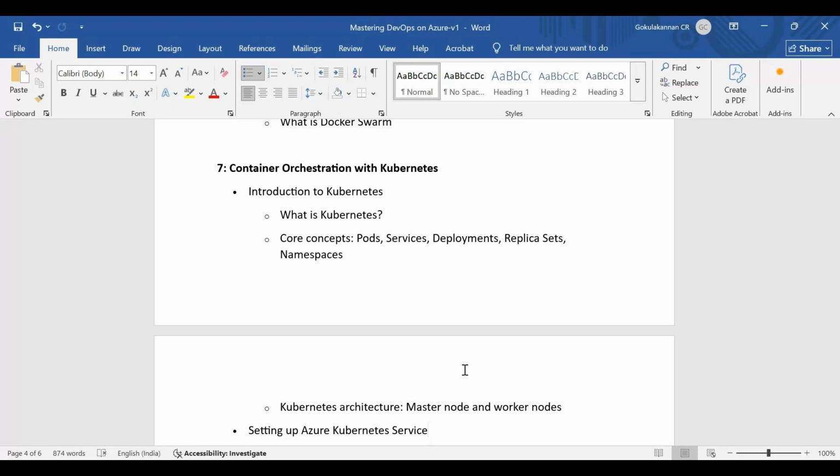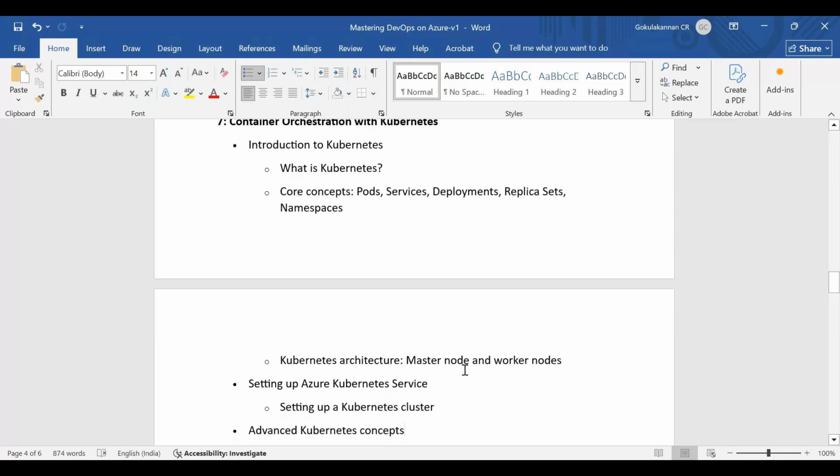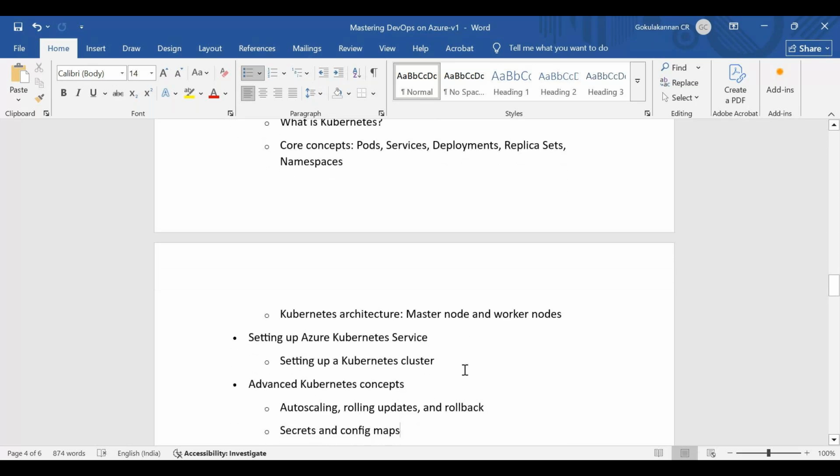I'll be explaining the architecture of Kubernetes, how the communication happens, and what the role of each and every block in Kubernetes is. Those we will be discussing. Azure Kubernetes, yes, we will be checking in the demonstrations too. Generally, I'll tell what Kubernetes is, then I'll guide you on Azure Kubernetes.